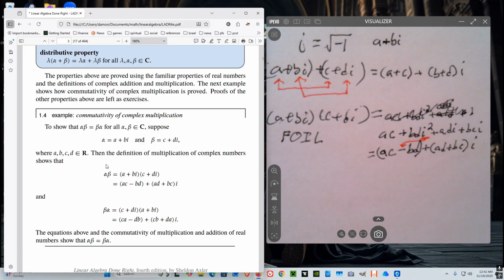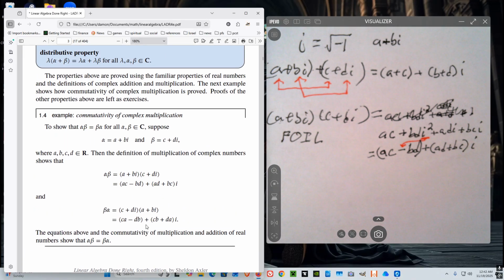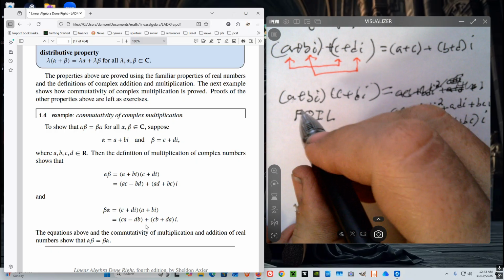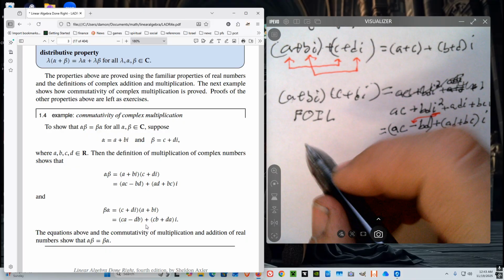A, B, C, and D are real numbers. We did the multiplication before. He says the equations above and the commutativity of multiplication and addition of real numbers show alpha beta equals beta alpha. You know, why don't we show that here? So alpha beta, well,